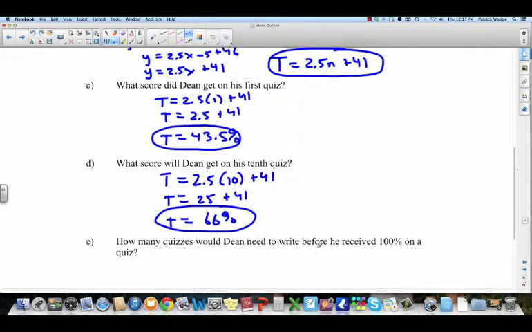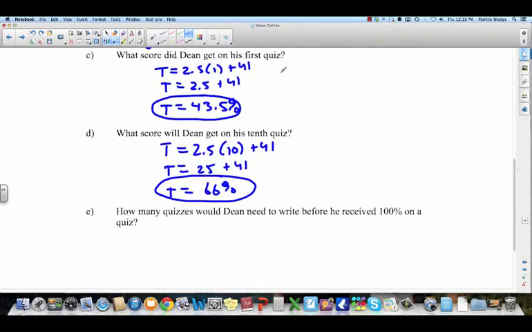How many quizzes would Dean need to write before he received 100% on his quiz? So don't put 100 into n. That would be what his score is on his 100th quiz. We want to know when he will get a total score of 100. So you're going to put 100 into t. So 100,